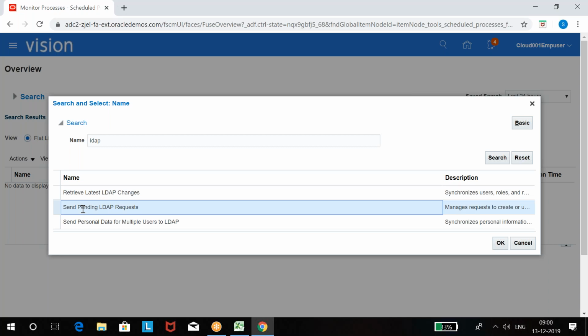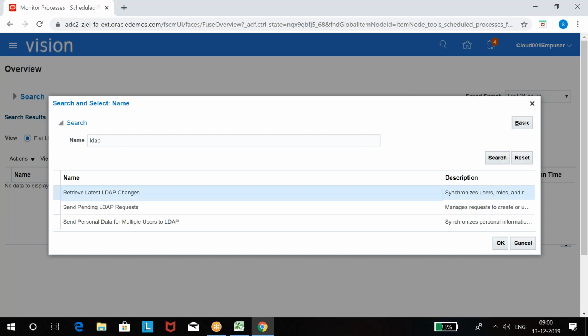Send pending LDAP request. See, I did not submit any LDAP job so far, so I don't have any pending. Retrieve latest LDAP changes. That means the latest user created or updated changes, the system is going to update in the LDAP table. So select this, retrieve latest LDAP changes, click OK.